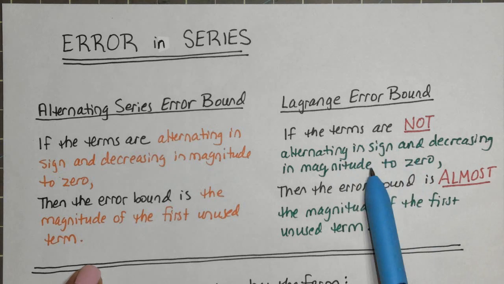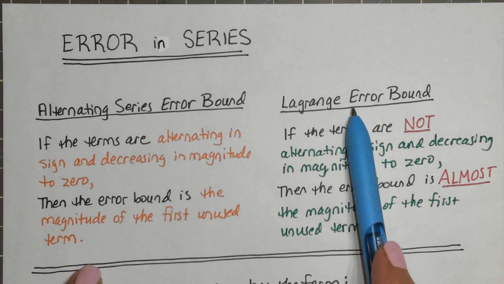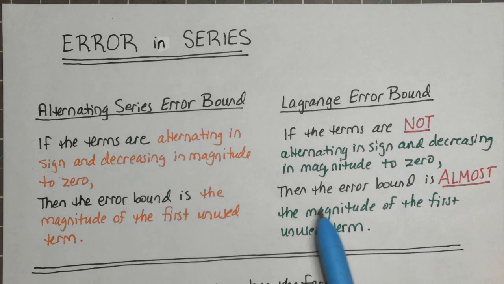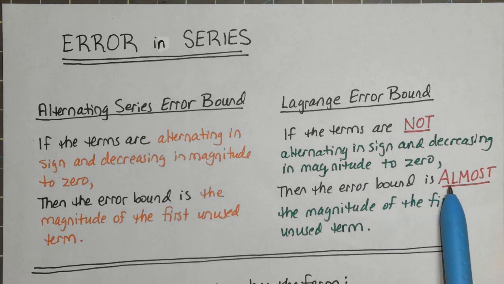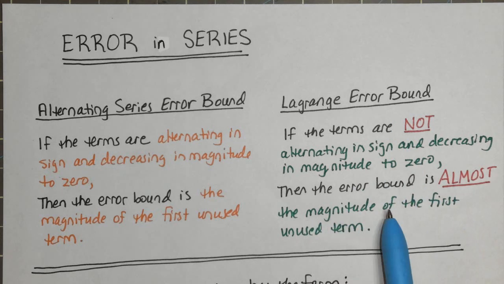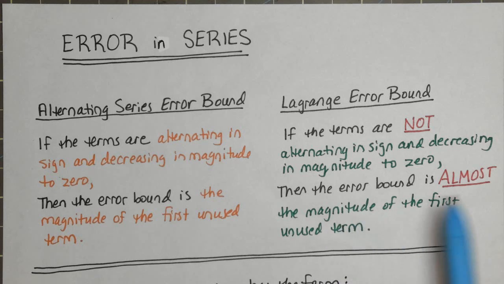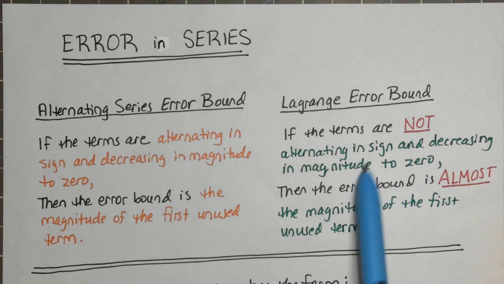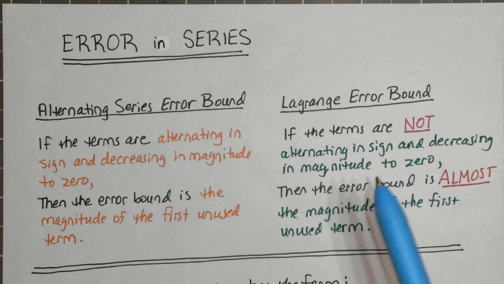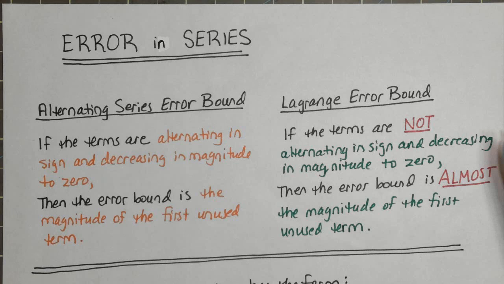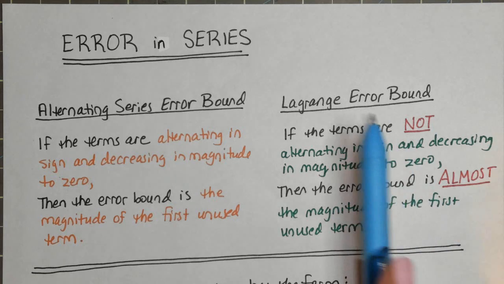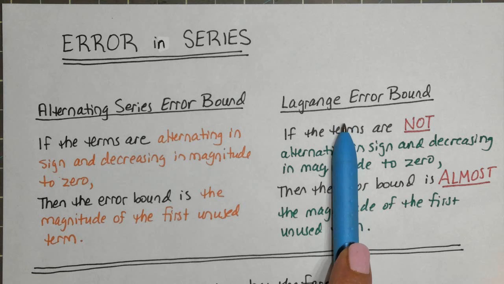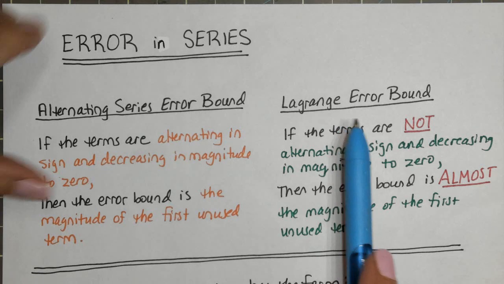If they are not, then you apply the Lagrange error bound. And I like to think of the Lagrange error bound as the error bound is almost the magnitude of the first unused term. Almost. The difference, the big difference, is that you don't just use the next term. It is almost that term, and each term is in the form of a Taylor series term. Okay? Which means that